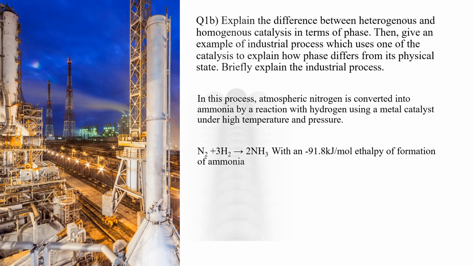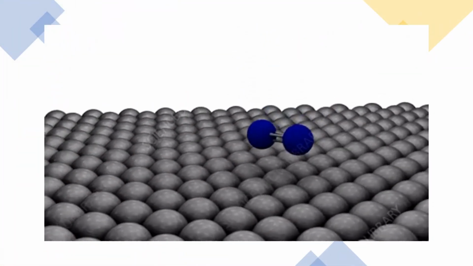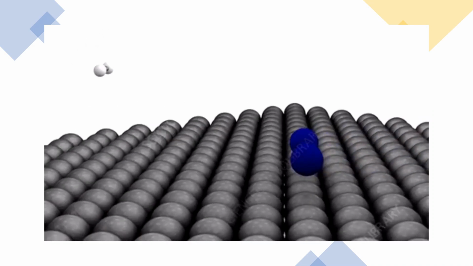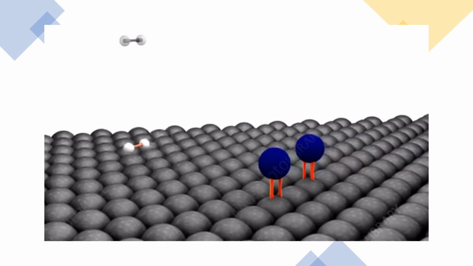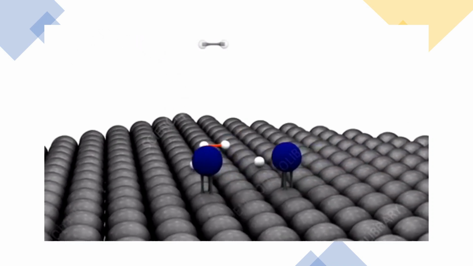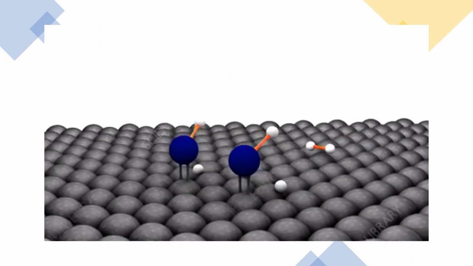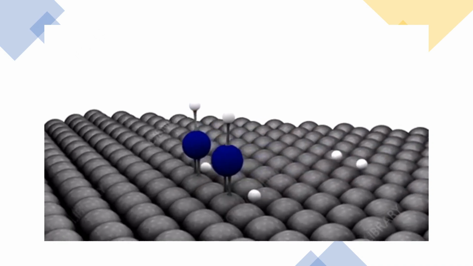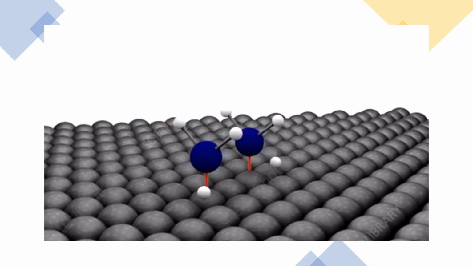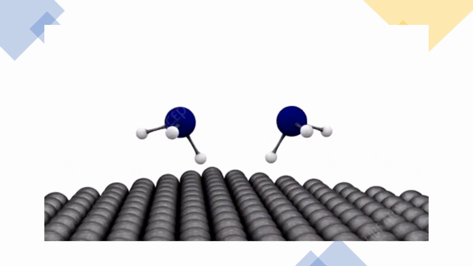As you can see from this video, the nitrogen molecule approaches the iron catalyst, which then binds to the iron catalyst. And then the hydrogen molecule approaches the iron catalyst and breaks its bonds, and then approaches the nitrogen molecules, which then form bonds between them, forming ammonia molecules, which are then released as product.